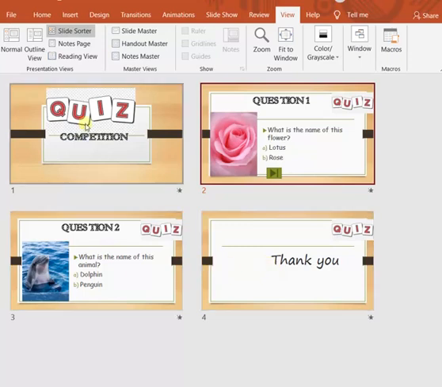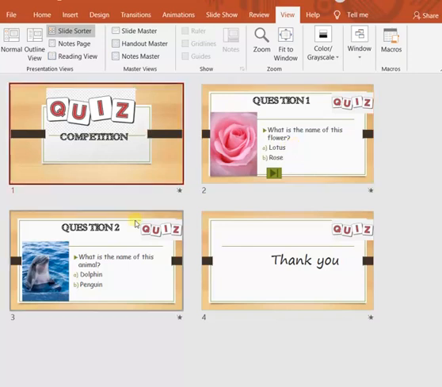You can see them together, but at a much smaller size. But in this view, you cannot add any text or pictures. That means you cannot edit anything within the slides. You can just have a look at the slides here.